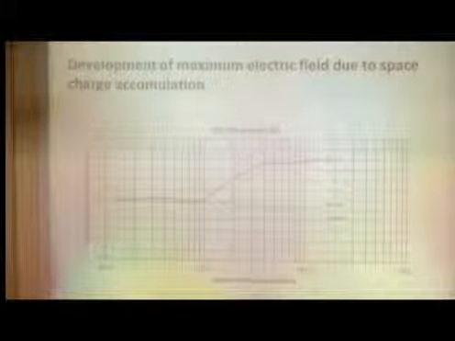And so with a nano filler, it was just a little bit higher than that. With a micro one, the PEA showed that we got charge accumulation, as one might expect, and the charge accumulation increased the maximum electric field. It almost doubled it, actually. And one again might think, well, if you've got interaction zones that perhaps are slightly more conductive, perhaps they're changing the way that charges can extract themselves from traps and so on.